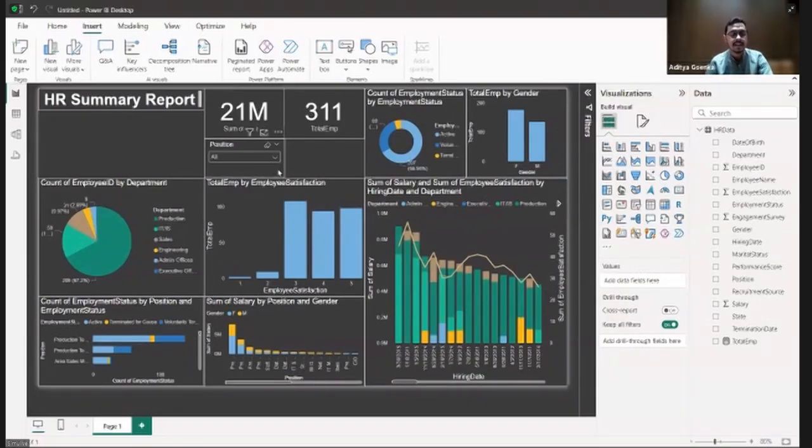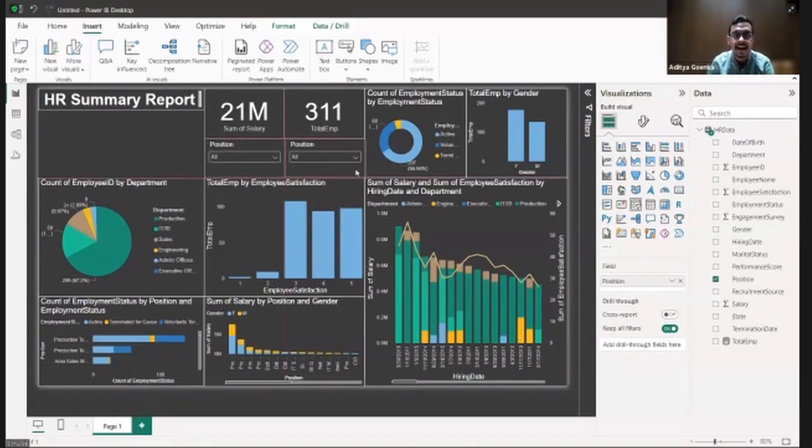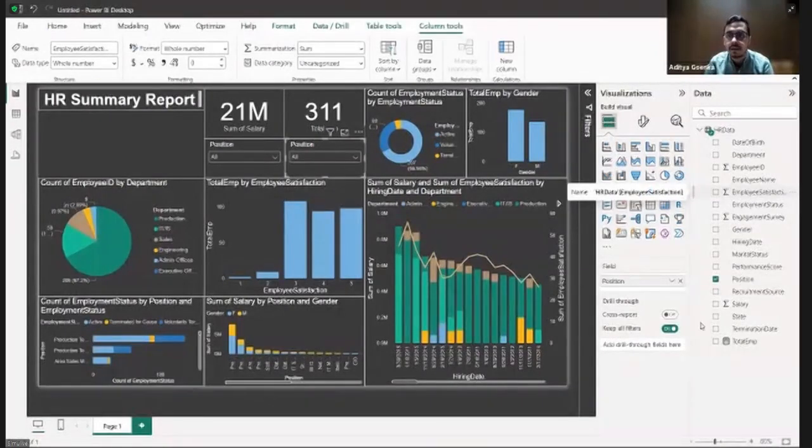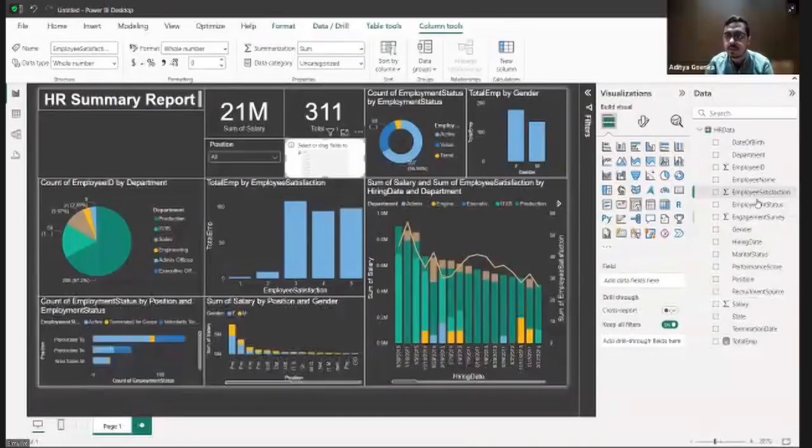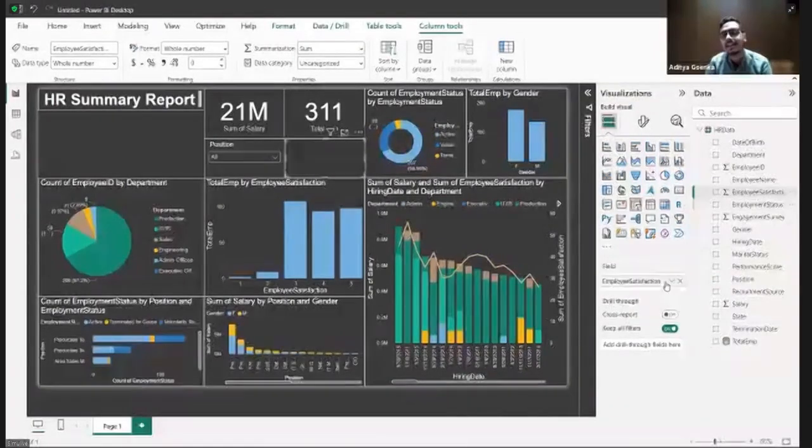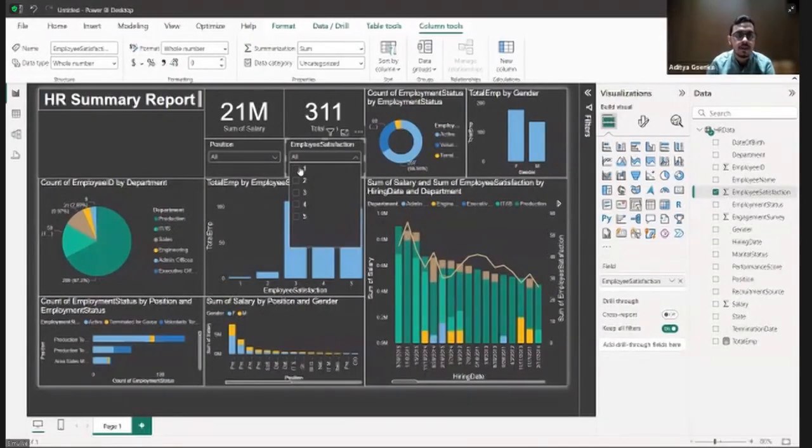And you can add more slicers as well. I can Control C, Control V and add one more slicer. Guys, tell me what one more slicer do you want to have? Let's say the boss says that I only want to see people who have an employment satisfaction score of 1. So I can add employment satisfaction score over here, and let's say of 1. So for all dissatisfied employees, the boss wants to see the data.